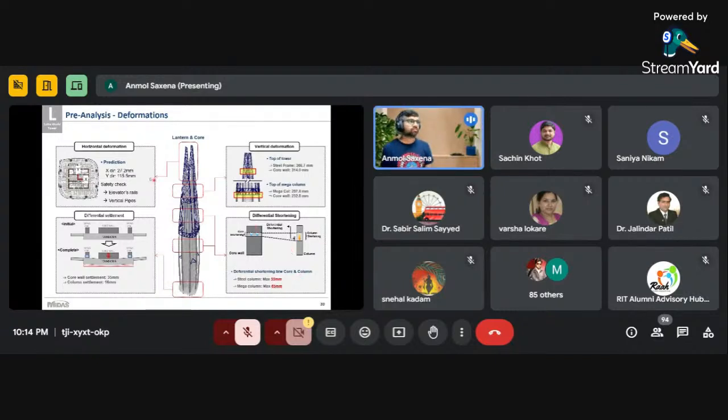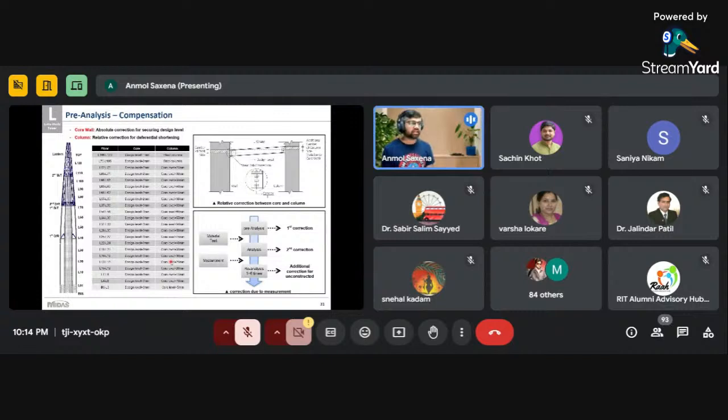Okay, so this was done in the pre-analysis. Then they collected the site data, and according to this pre-analysis, they have suggested this particular correction at each floor level. Okay, so these are the floor levels you can see, and at each floor level they have defined the correction. So if you see at the basement to level 3, when level 3 is constructed, they have given